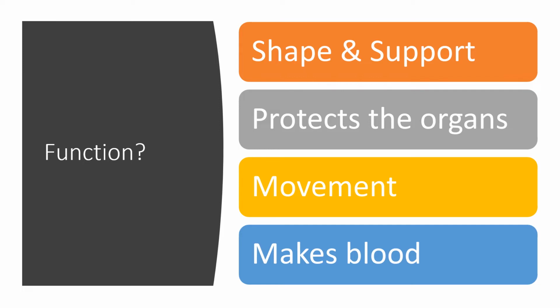So the next thing it does is it protects the organs, but especially the organs that it protects are the heart and the lungs that we have in our chest, and they're sitting inside in our rib cage. So have a little feel of where you can feel your heart beating, and you'll feel your ribs on the front of your chest,